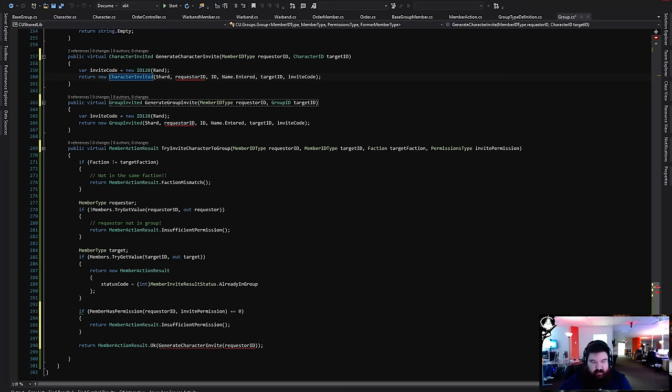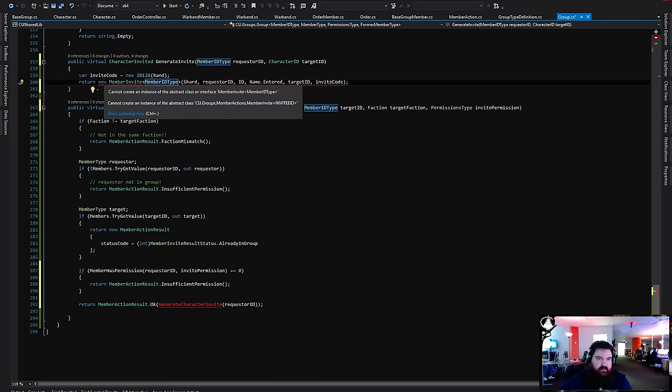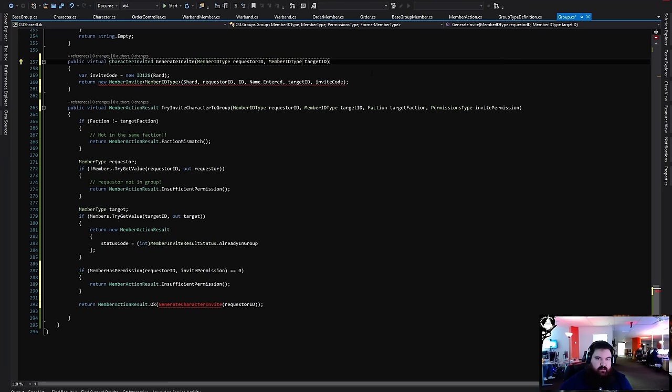We're going to change that up to just be a generate invite. And I'll use the base generic class. We'll make it not abstract. There's no real reason for that.